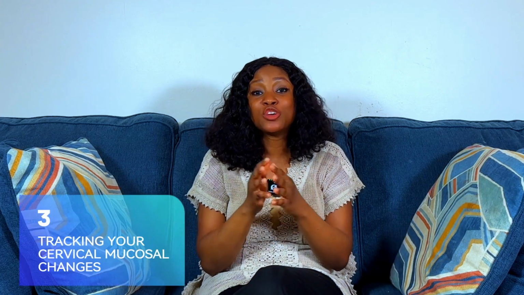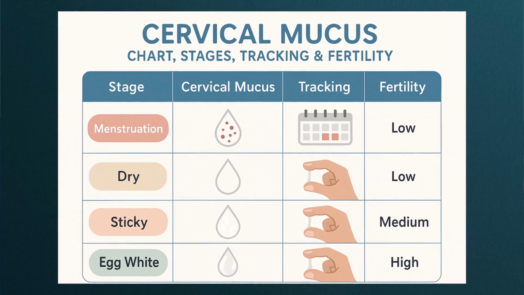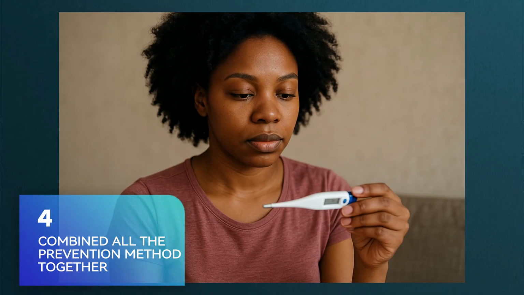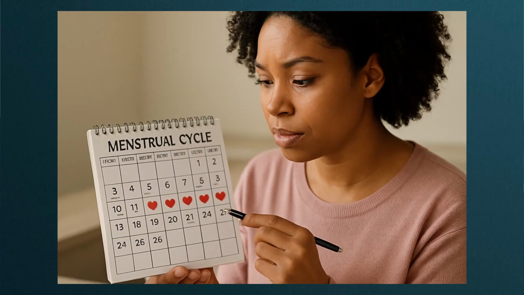The third method under natural family planning is tracking your cervical mucus changes. Many times our cervical mucus as women change when we are ovulating. It becomes clear, stretchy. Monitoring your cervical mucus can tell you when you are ovulating so that you can use barrier methods or protection methods or abstinence around those times so that you will not get pregnant. The fourth natural method is to combine all of this together. Monitor your basal body temperature, monitor your cervical mucus, use your calendar, combine everything together and try to track when you're likely to be ovulating and avoid unprotected sexual intercourse around this time.